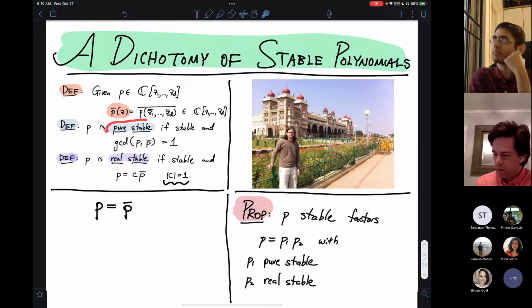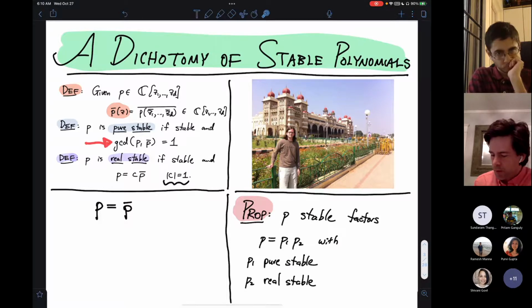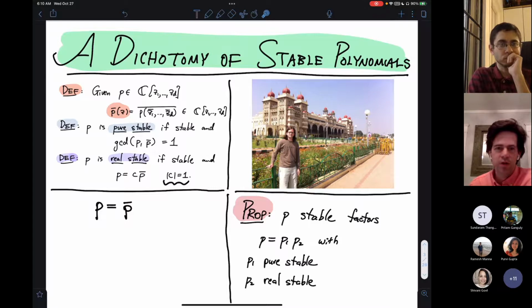And then here, pure stable is, I don't think this is a common name. I don't know if there is a common name for this concept. I've seen things like scattering stable, but it's just when P and its reflection have no common factors. And these two types play